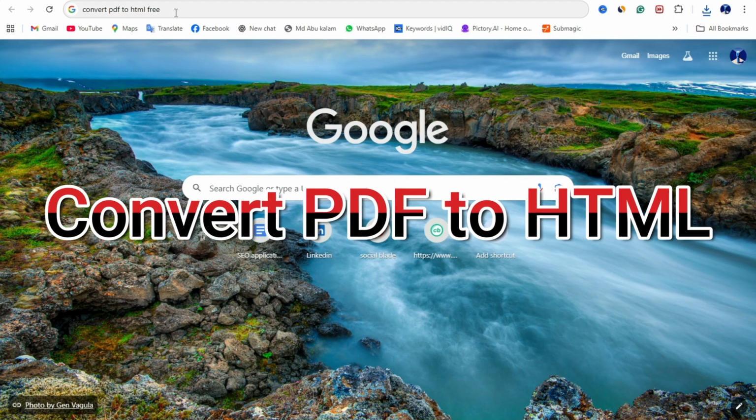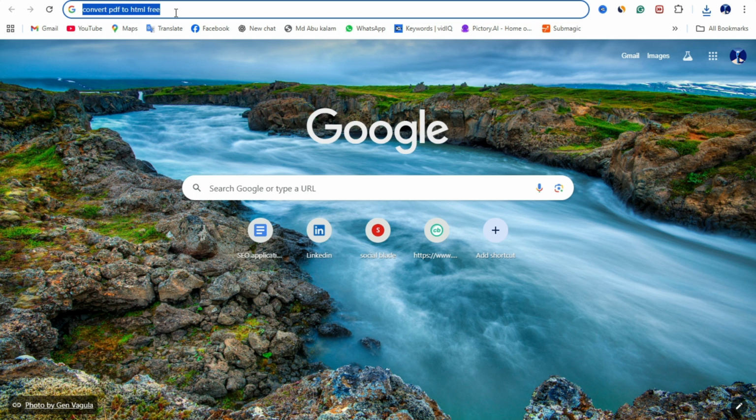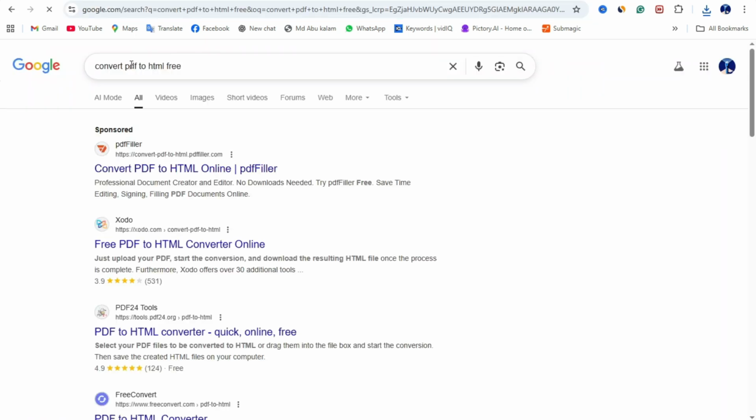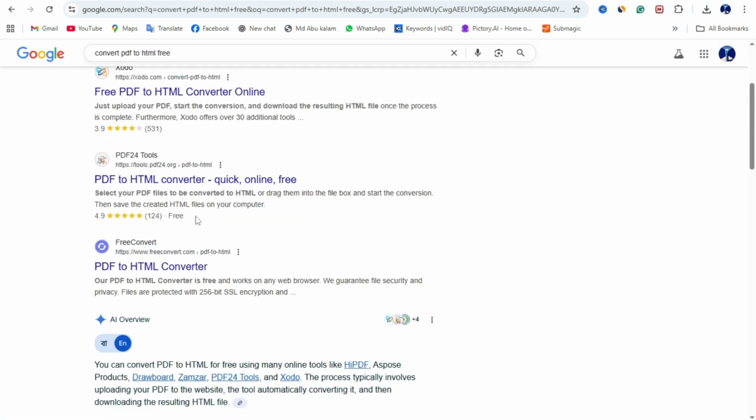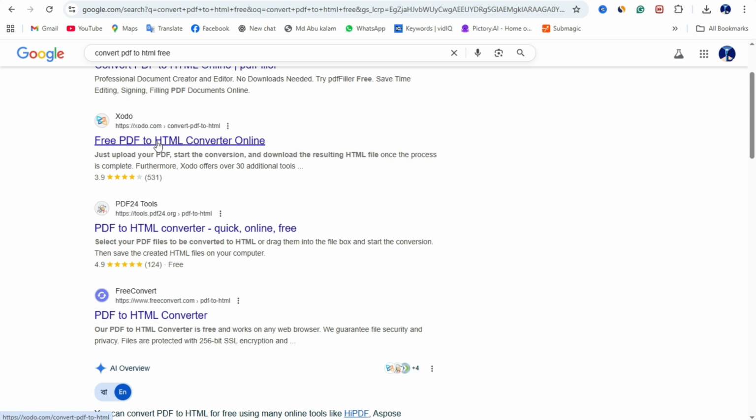It's 100% free of cost, so fast. I'm going on Google, then type convert PDF to HTML free. So here are lots of websites you are able to find. So first, I open